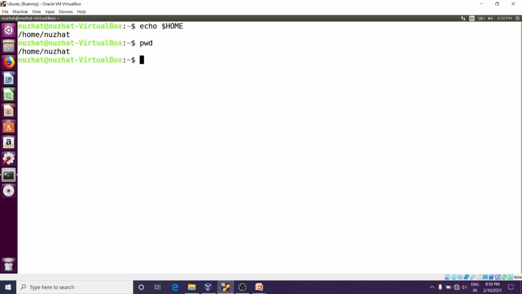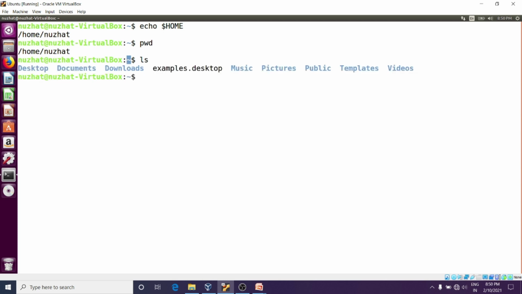Now here I will type the ls command, that is used to see the listing of files and directories in the current working directory. And at present we are located at the home directory. So the ls command will list the directories and files of the home directory. Let's say I want to go to the Desktop directory from the current working directory, that is the home directory. So here I will type cd